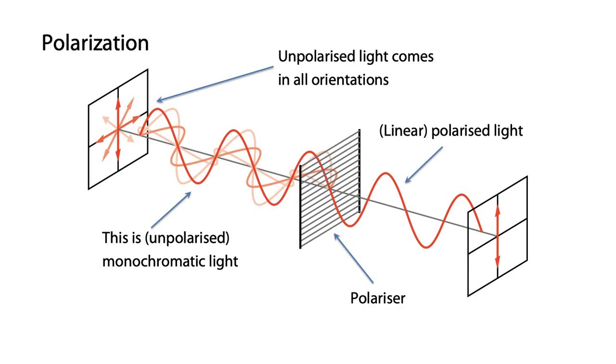It's a complete mixture of all directions. If we pass that through a polarizing material, then only certain directions are let through. Only that light which matches the correct direction of a polarizer is let through. Now, since unpolarized light is equally in all directions, that means that 50% of the light is let through, because 50% of it is